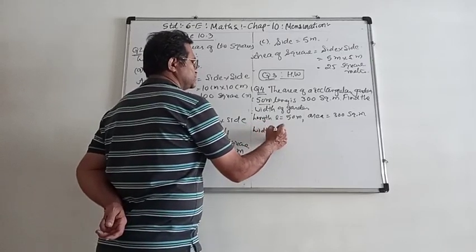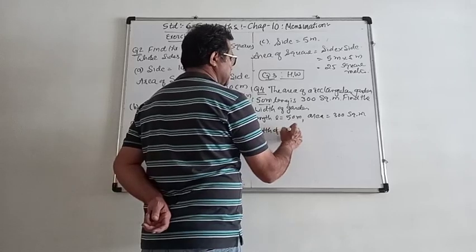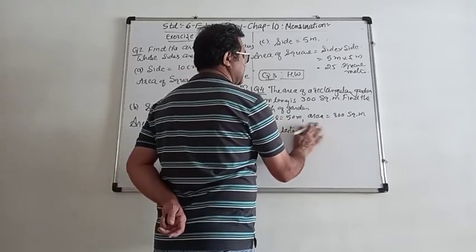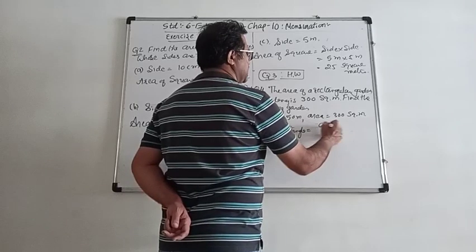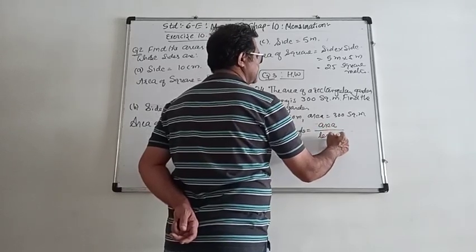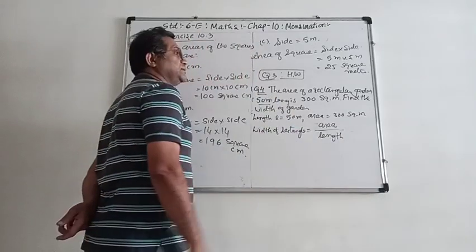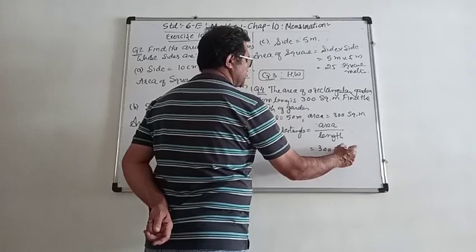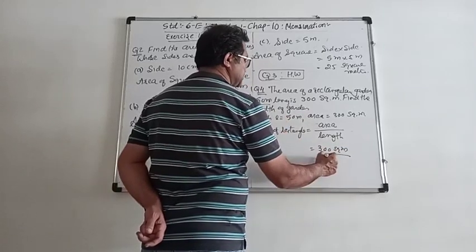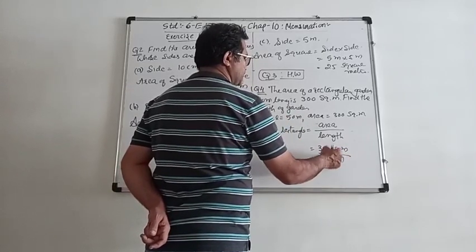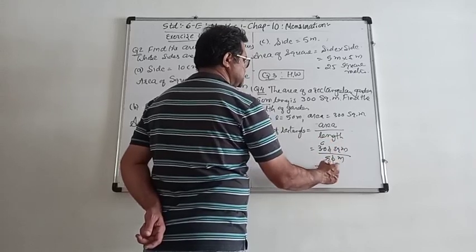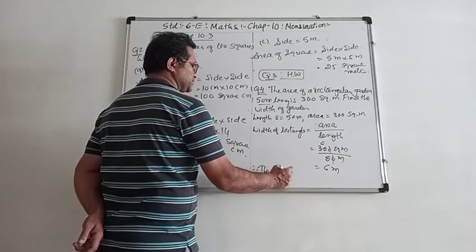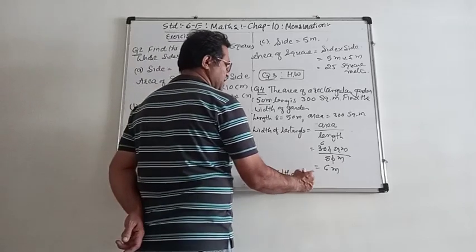So width of a rectangle is equal to area divided by length. So we have to divide the area by the length, that is 300 square meter upon 50 meter. 5 6s are 30. So 6 meter. Therefore, the width of the garden